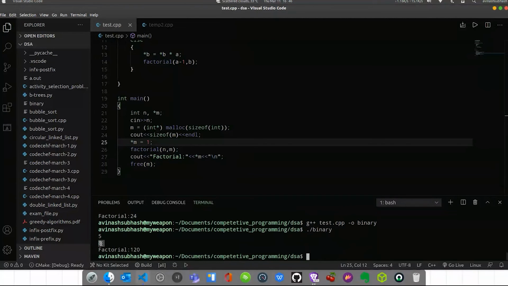So why exactly is it giving 8? Because star m denotes the data that is stored and m denotes the address. For all variables in memory, whatever the data type is, the memory address is an 8-byte address. So if we give sizeof m, it's actually giving the size of the address, so it's 8 bytes.